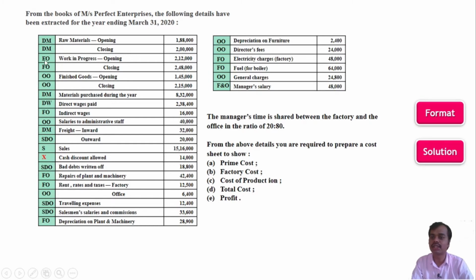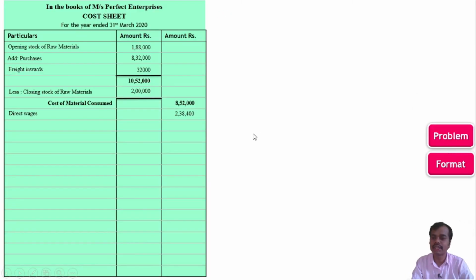No, I think there are no items of direct expenses, so we will skip this step here. We will not add direct expenses as it is not given in the problem, so we will total here, and that total we will call prime cost, and the amount is 10,90,400.